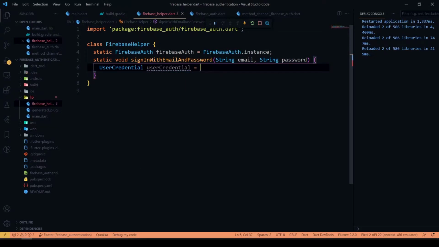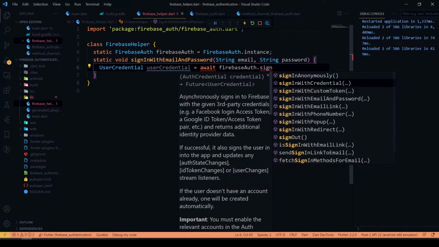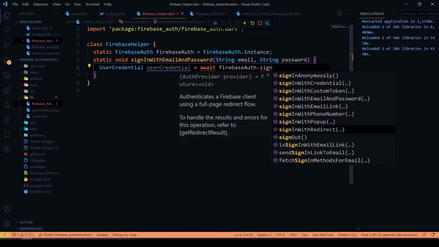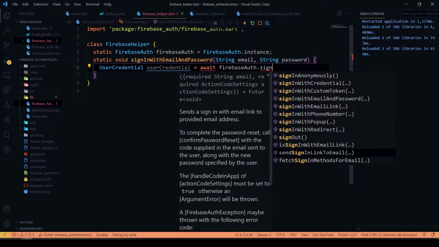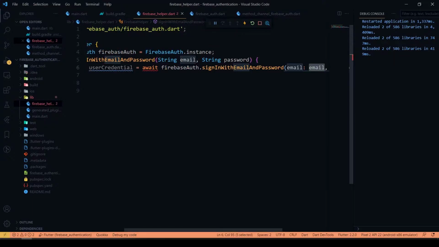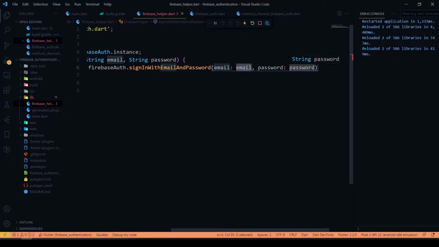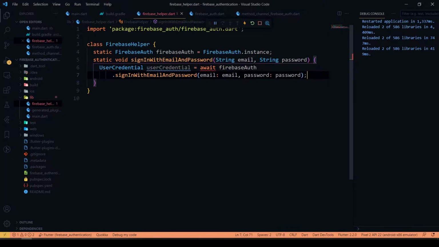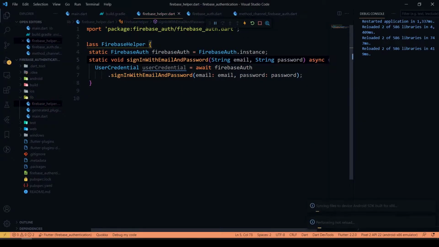We'll be returning our user credential from our FirebaseAuth dot, there's a function called signInWithEmailAndPassword. So inside this, just pass our email and password here, and we have to make this into an asynchronous function.